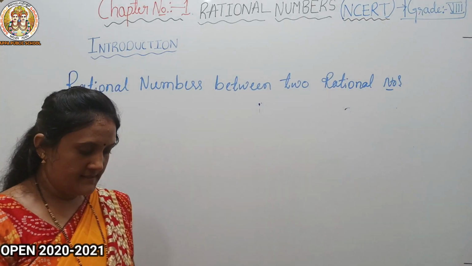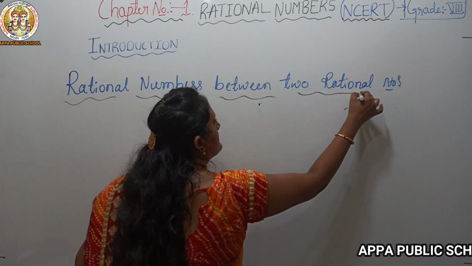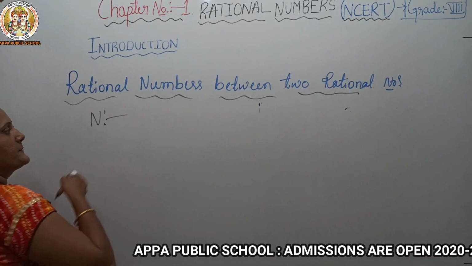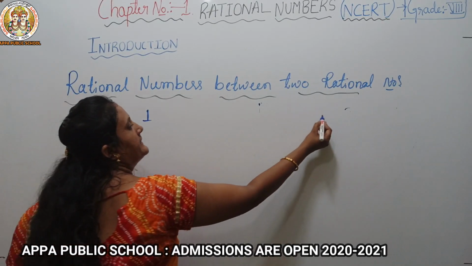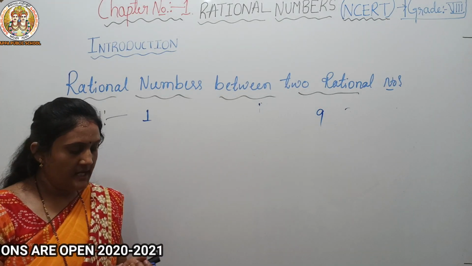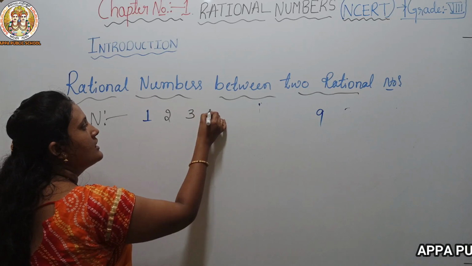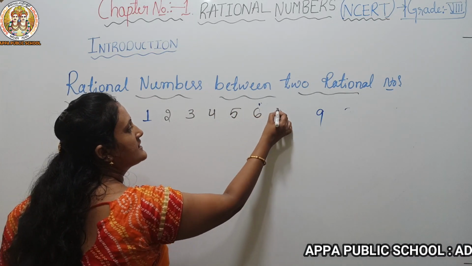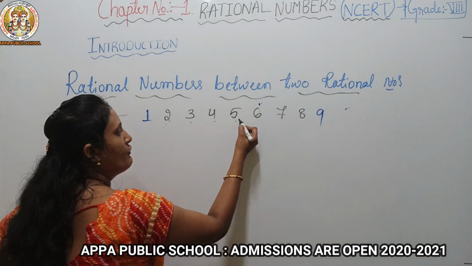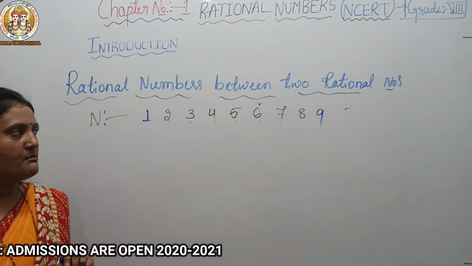Okay. What is this? As I said before this, first we'll check with the natural numbers. So natural numbers, 1 and 9. In between we can write several numbers. Let's see how many we will get. Between 1 and 9, how many numbers can we get? 2, 3, 4, 5, 6, 7, 8. Isn't it? You can check: 1, 2, 3, 4, 5, 6, 7. So between 1 and 9 we get exactly 7 numbers.